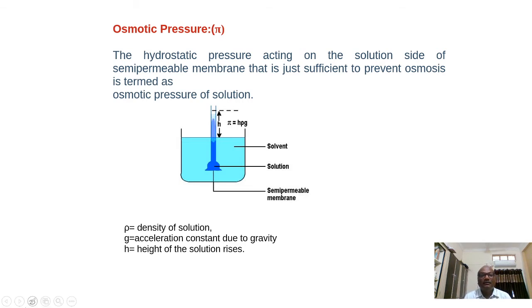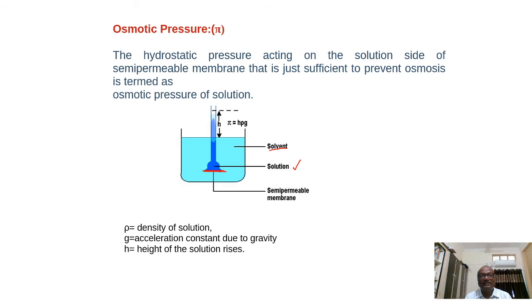When a Thistle funnel, just as shown in the diagram, you see an inverted Thistle funnel whose mouth is tied with a semi-permeable membrane. It is placed in inverted shape. And now in this, a sugar aqueous solution is taken. After tying its mouth with the semi-permeable membrane, a solution is taken in it, and this is placed in a container which is containing a solvent, let's say water.